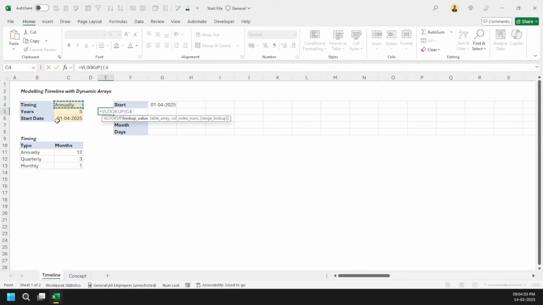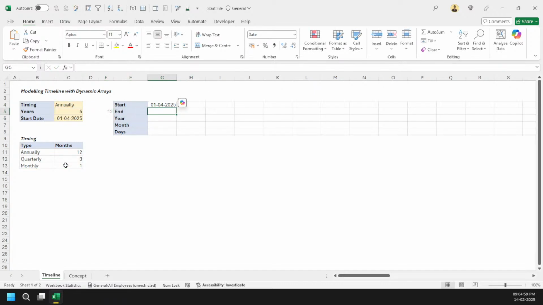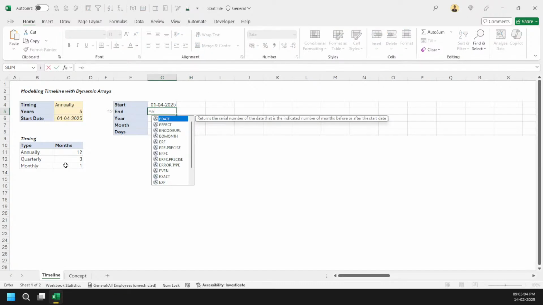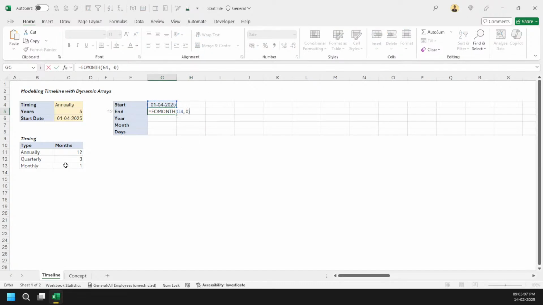So for annually I come here and select 2, and that's your false, right? So there are 12 months here. What I can do here is simply the year and month, and then go for the ending. But you can see that there are 12 months here, and it will give you one additional month. So what we need to do is just subtract 1, and that's it. We have got it, right? And then from there I can simply add one and it will do my work. And then I can drag it.